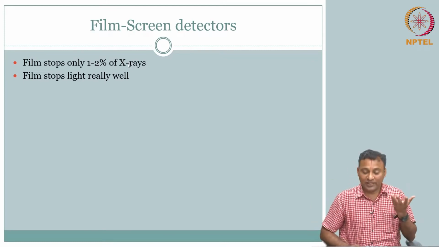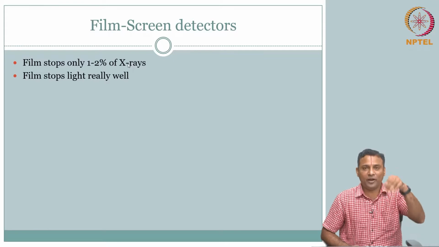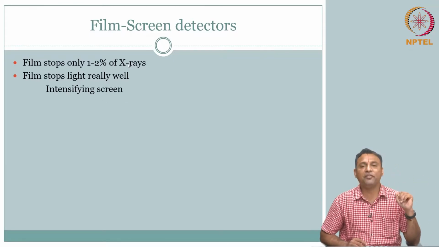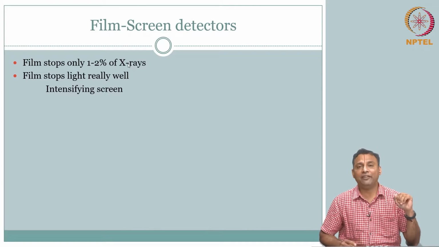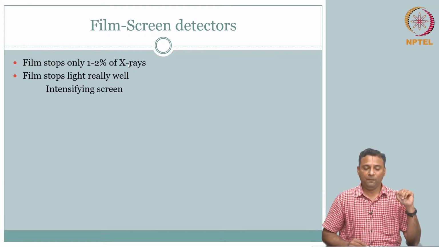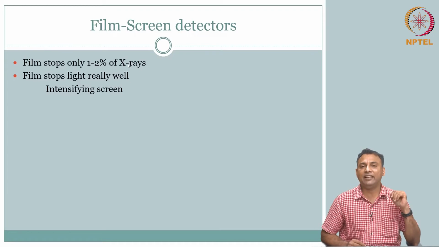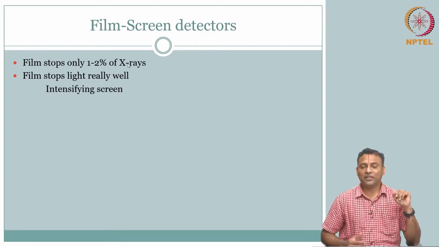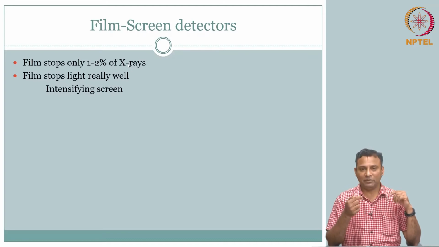Right, that's how you will think. It's natural at that point of time, if you place yourself there, this is how the human mind works. So that's what we will do. So they said, oh, we will have something called an intensifying screen. What is this intensifying screen trying to do? The objective is simple. On one side I have X-ray photons coming.